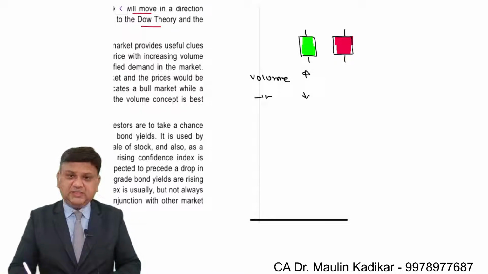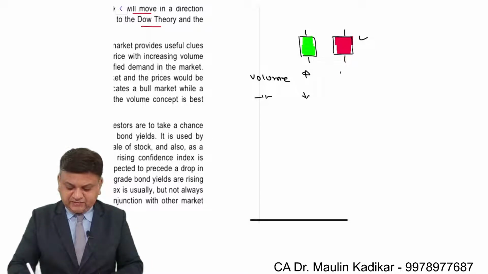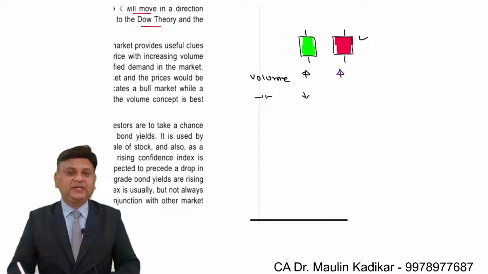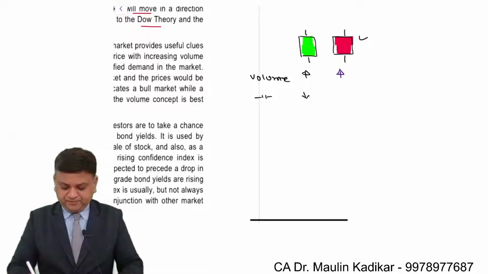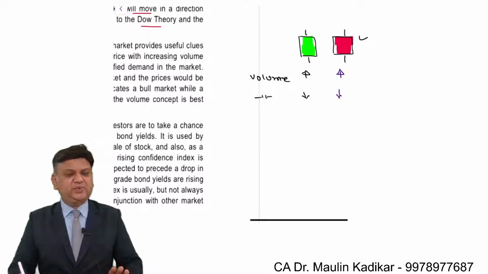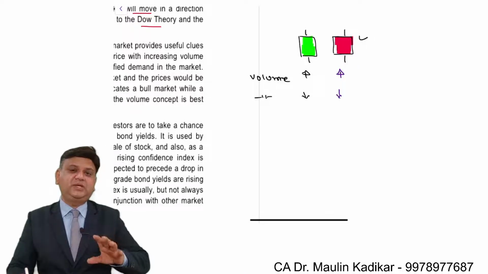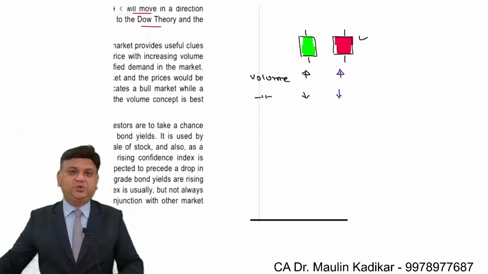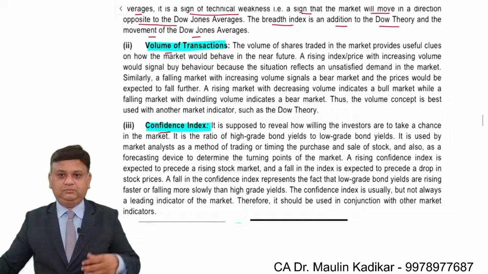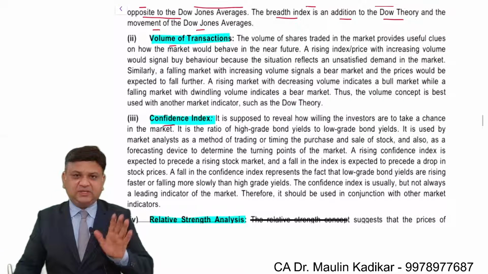If the prices are falling down and the volume is very high, then definitely it is an indicator that the price of the security will fall further and the company is really not performing well. And over here, if the prices are going down but the volume is low, it indicates that yes, prices have gone down, but we still cannot say that the company is facing a very bad situation in the market. So keeping this in mind, let us read